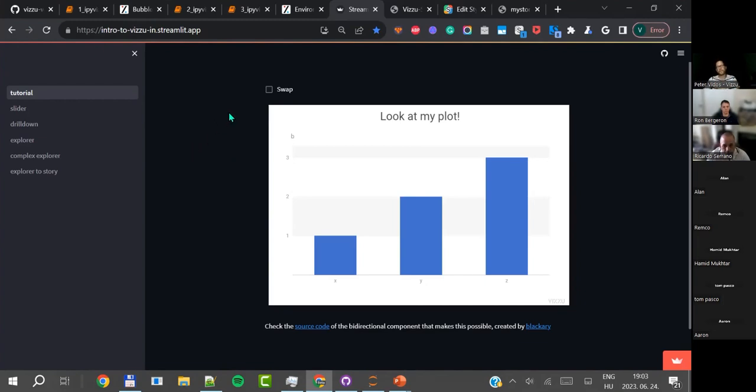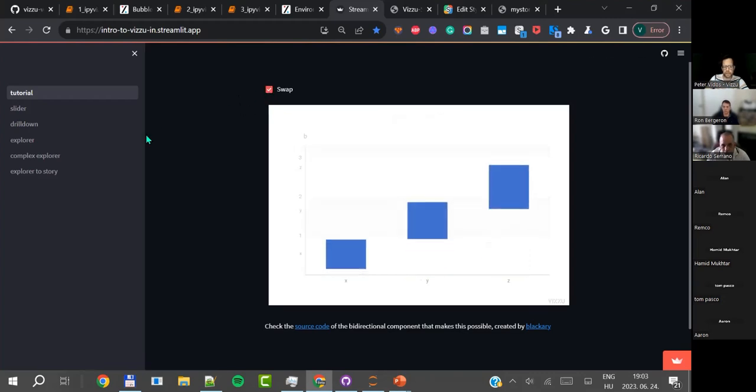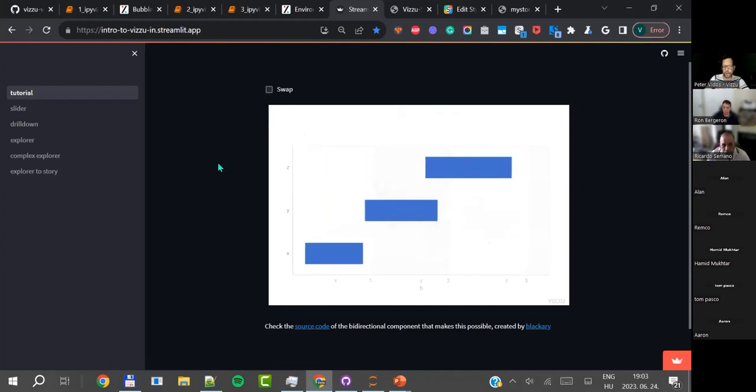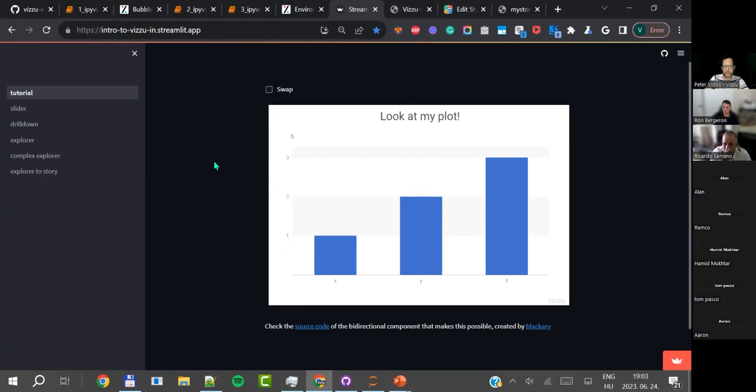The goal here was to make it so that IPyVizzu charts work within Streamlit in a way that the whole app doesn't get reloaded all the time. This is something that Streamlit by default does. And so Zachary built a new, so-called bidirectional component with an element called Vizzu chart, and it enables you to use these interactive elements within Streamlit. So for example, this is a very simple one. It just swaps the orientation of the chart, basically changing the category and the value on which axis they are.